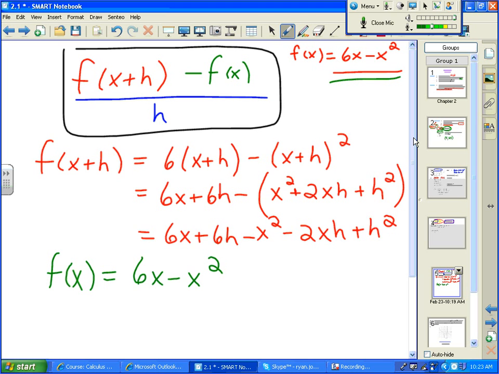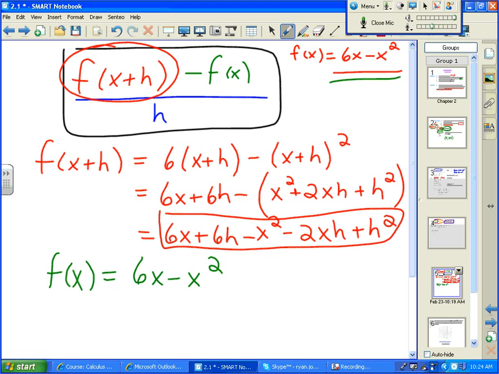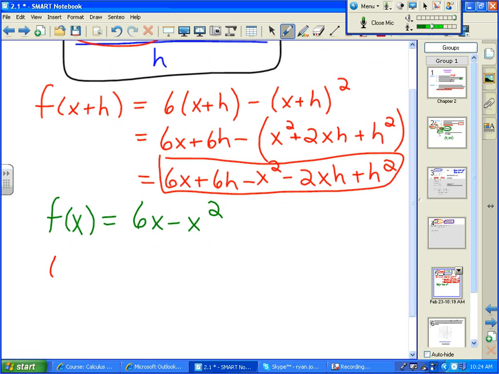The blue part, does it ask me to plug in anything for the blue? Is it f of h? You see written f of h anywhere? No. Okay, so what that means is you're just going to put your red subtracting your green all over h. So I need to look at my red first, and this is the value we got for the red part. And then I'm going to subtract my green and put it all over h. So let's look at what that's going to look like. So it's red minus green. So I'm going to write red: 6x plus 6h minus x squared minus 2xh minus h squared